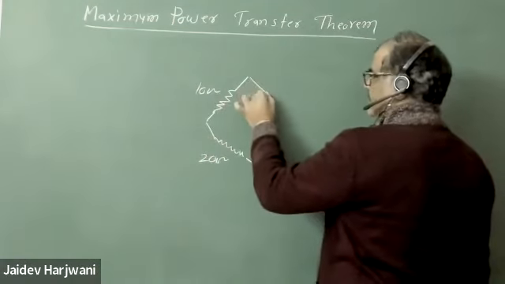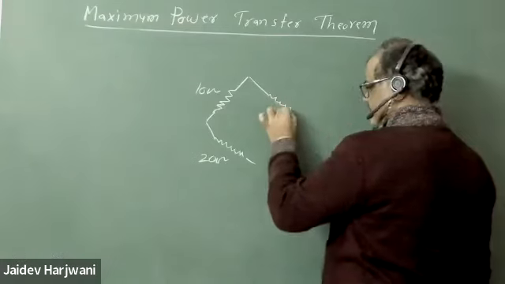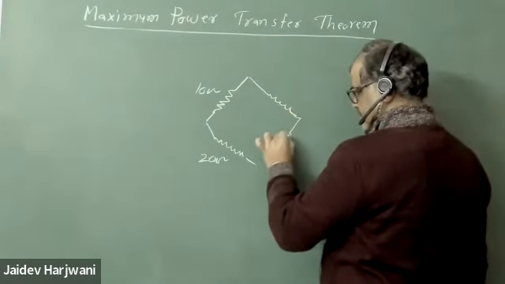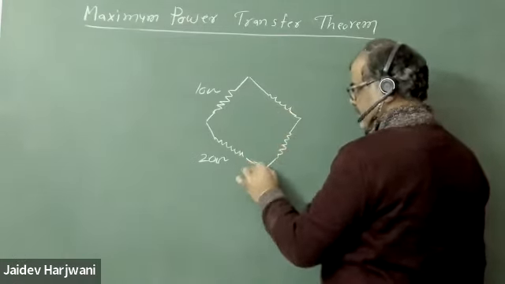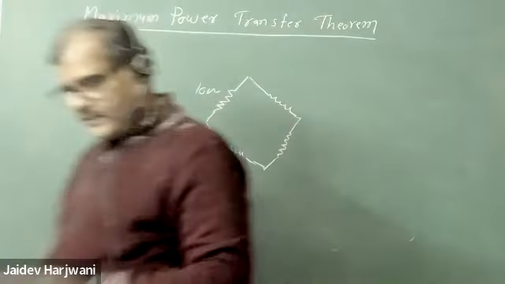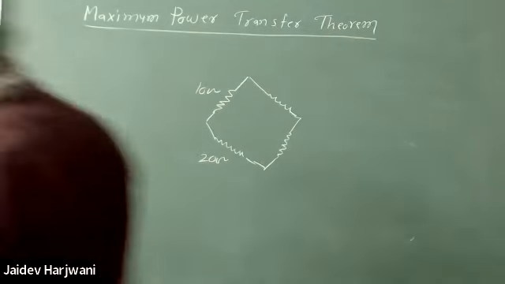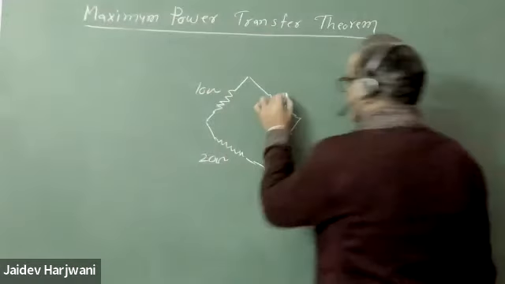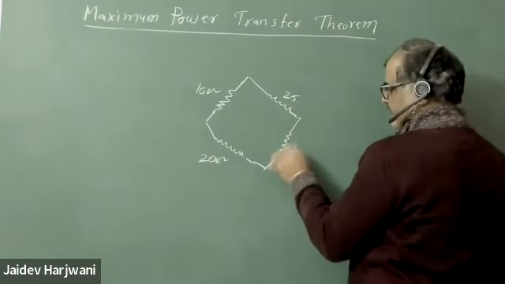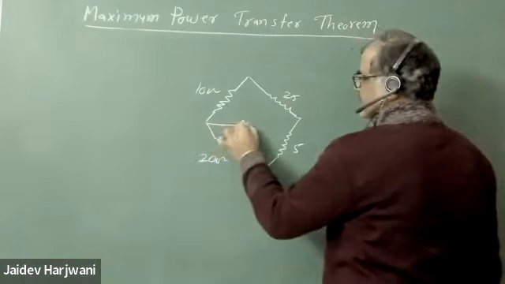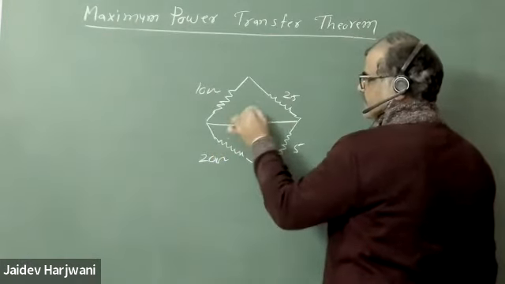And I'm taking one more here. So 10, 20, and this is equal to 25 and 5. This is 25 and 5, and say here one resistance RL is connected,